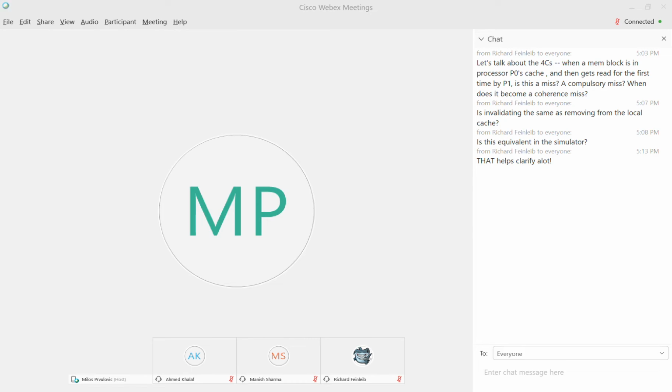So there are reasons why the simulator was done that way. It's kind of just cheating a little bit in terms of how it mimics the state of the hardware. And normally in a coherence protocol, this cheating doesn't really impact anything, just because it doesn't matter whether you zero out the tag or not from the perspective of whether you have a hit or a miss. But because it speeds up the simulation itself, essentially the simulator has less work to do, they chose to do that. And the only thing that it impacts is that it no longer models the fact that the tag is actually still present in the cache when you have a coherence miss.